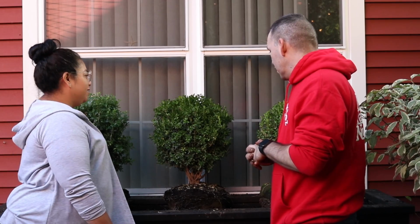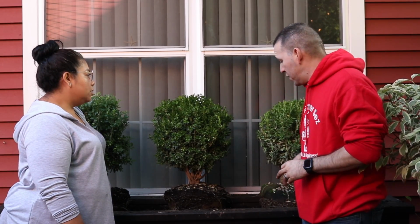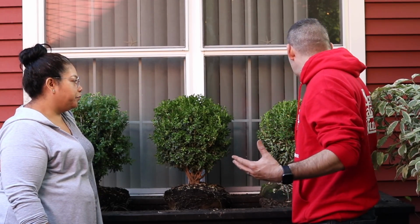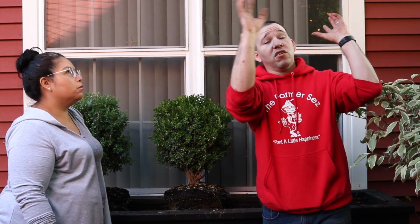So as you can see, we have 2 of them that we're already planting in the container. I have one here that's still in the burlap, but we're gonna go ahead and take that one out. You might want to tell them the variety and the sun. I didn't say the name. So this is called a Buxus sempervirens. It's good in full sun to partial shade,